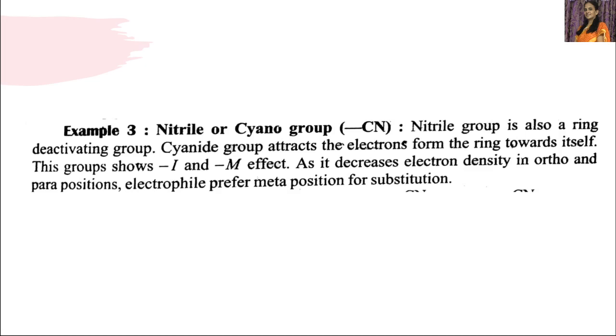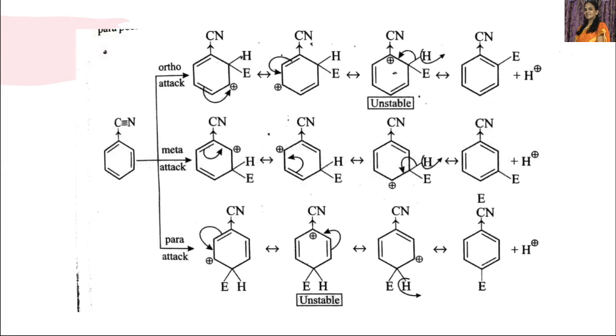So this group shows a minus I effect and a minus M effect, like the COOH group. As it decreases electron density at the ortho and para positions, the incoming electrophile prefers the meta position for substitution. Okay, now let us see